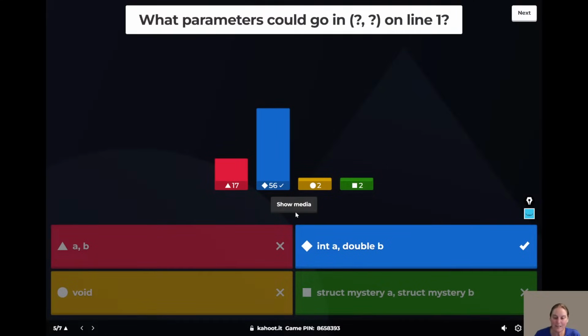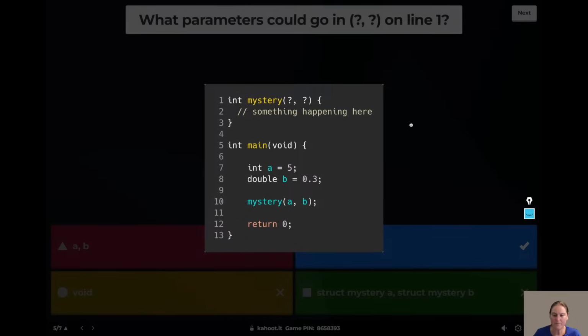Okay, excellent. So with this one, up in here, this is where we do put the types, right? So whatever inputs we have, and we're working out, well, if we put A in here, this must be an int, and this one's probably a double, right? Out of these possibilities, this is going to be an int with some variable name.